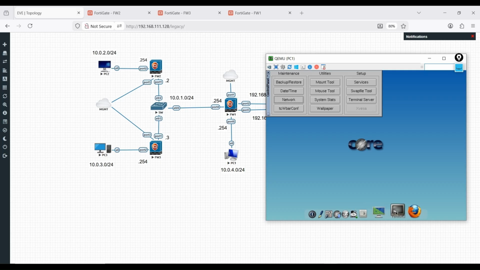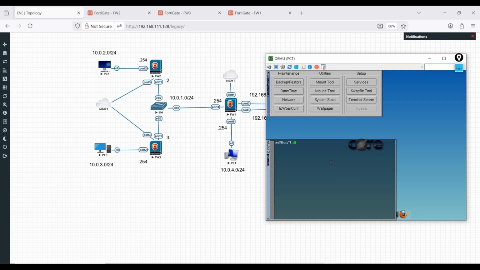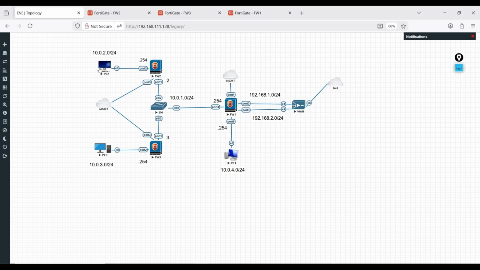Close it, go to terminal and try to ping PC2, 10.0.2.1, and here we go. Now we are able to ping each other from PC2 to 3, 3 to 4, or 4 to 2 subnet.